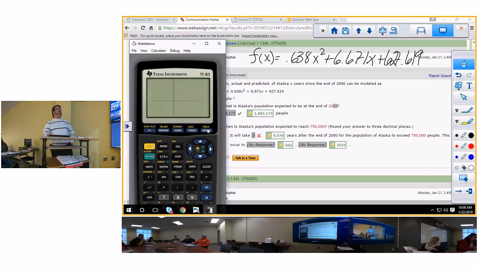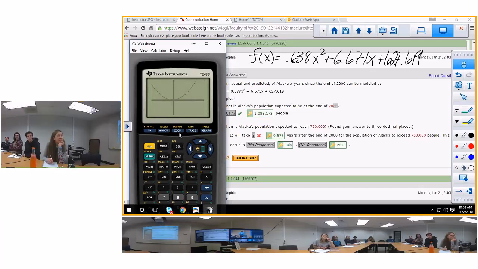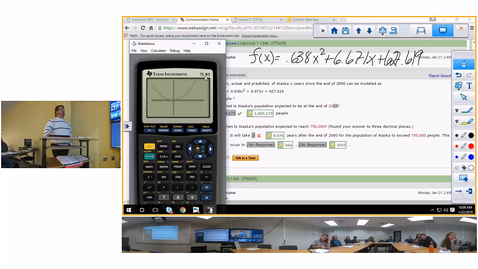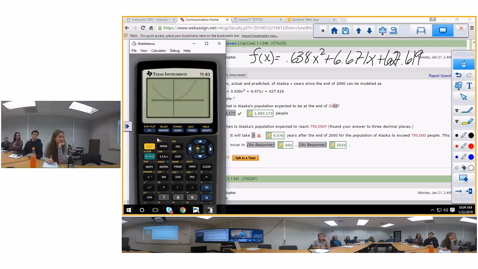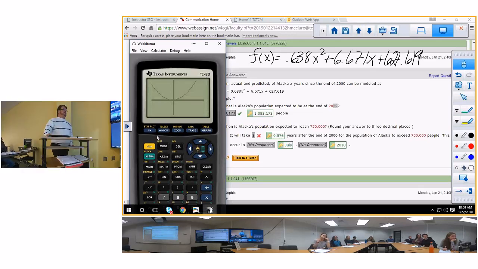All right, now try it. Let's see what that gives us. 750,000, Hubert. So it wants 750,000? 750,000 is going to be way out here. So I think let's try 750 and see what it gives us. The reason is because they're talking about millions or whatever, and they've neglected to put that in the problem. And then when you put it in the calculator,